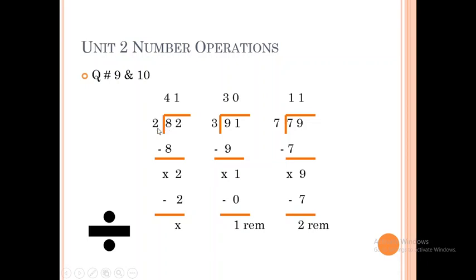Because this 8 is bigger than 2, so we can divide them separately here. No need to read the table up to 82. We can use only the single digit 8 and divide this by the divisor 2. 2 4s are 8. Step by step you will do the division from the left hand side. 2 4s are 8, then you will do the subtraction here and nothing is left here, so cross it here.